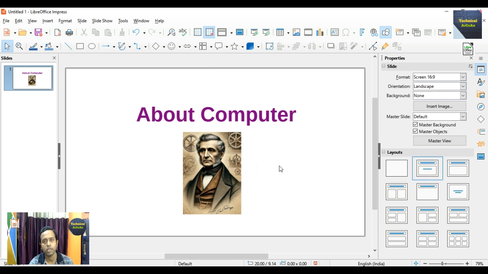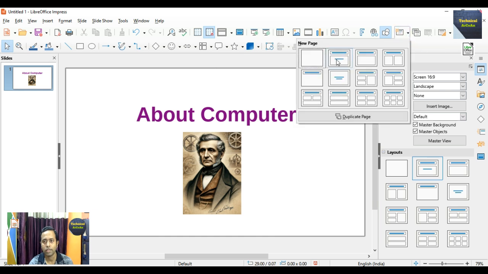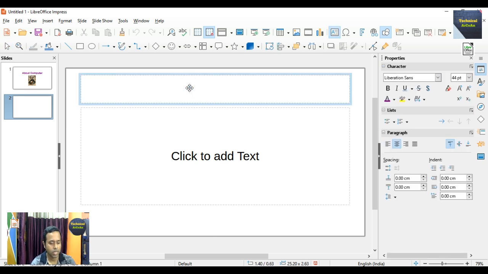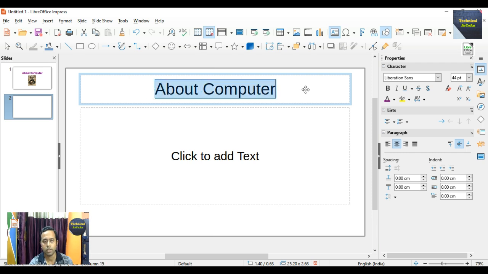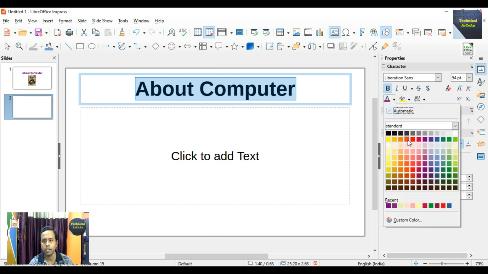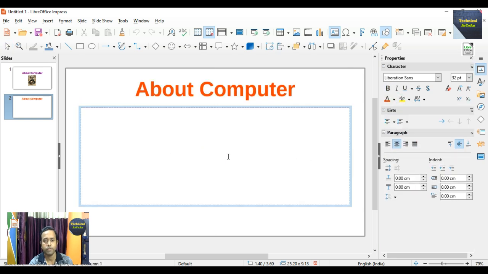Now the second slide is what? We just write some about the computer. So in that case we go to this particular section, New Slide, and choose the second one. Okay, and here suppose just write about computer, and same way if we select this whole text, bold it, increase the size, put a different color. Okay, and here at first we click here and then go to left alignment and align top, and here suppose we write in 1837 Charles